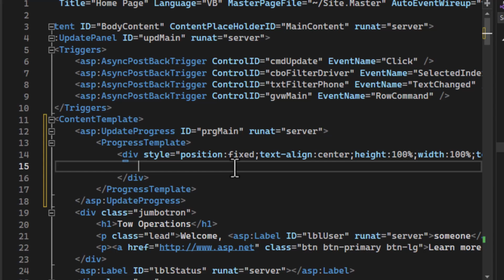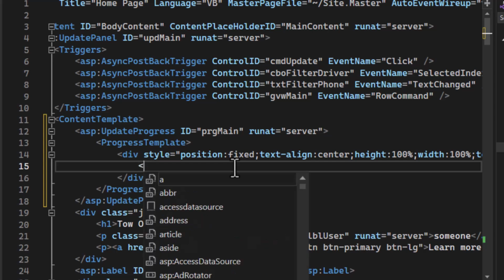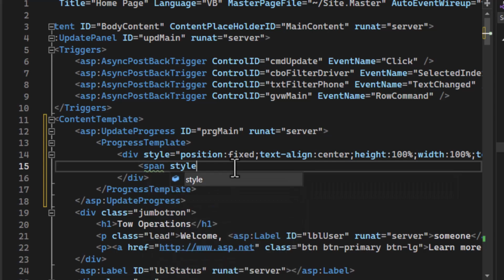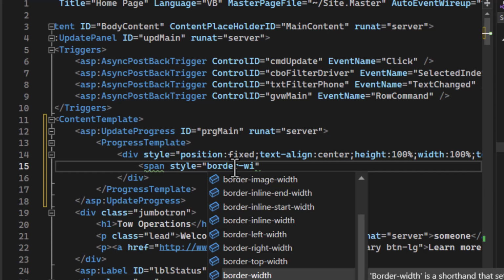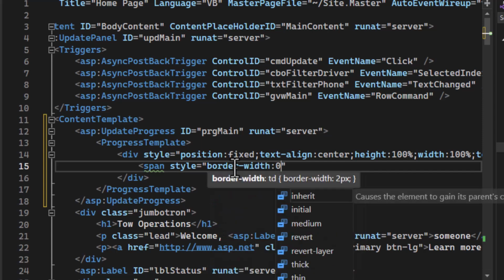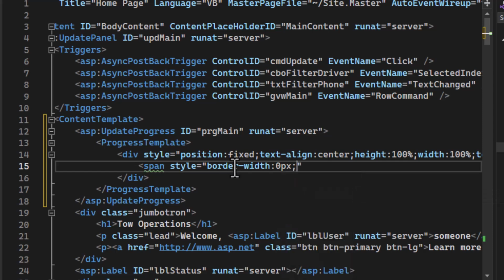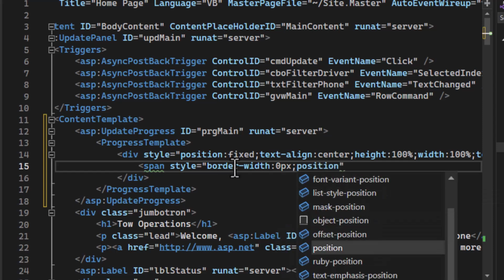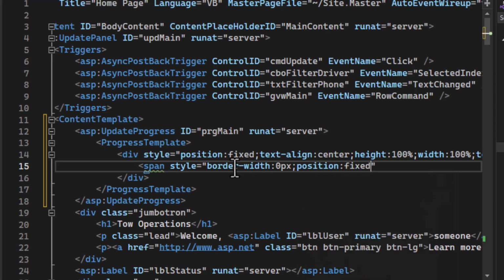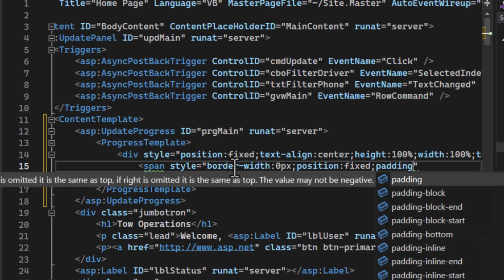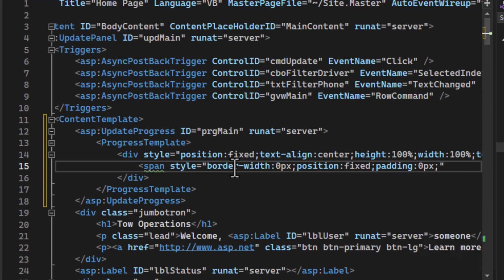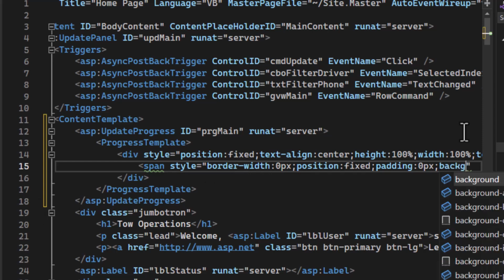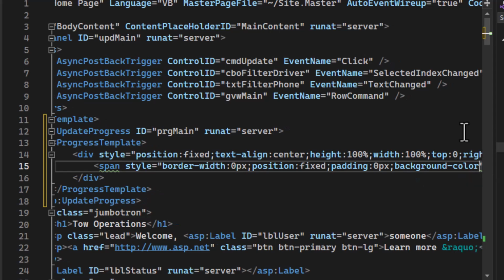And then inside of that item, we want to have a span item, and that item's going to have our spinner inside of it. So this one's going to have the border width of 0, and it's going to have the spinner inside of it, so it's going to be centered in the screen. And so we're going to do position fixed, and we'll put the padding of 0, and then we're going to use the same white background as the big outer div, and we'll set that background color to